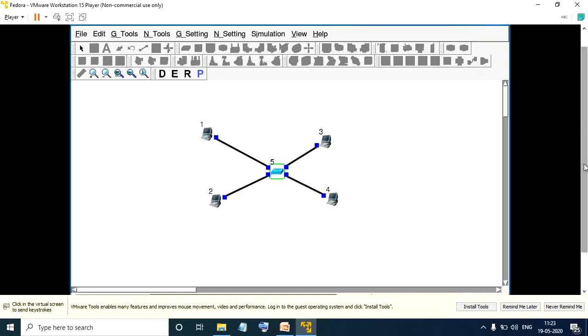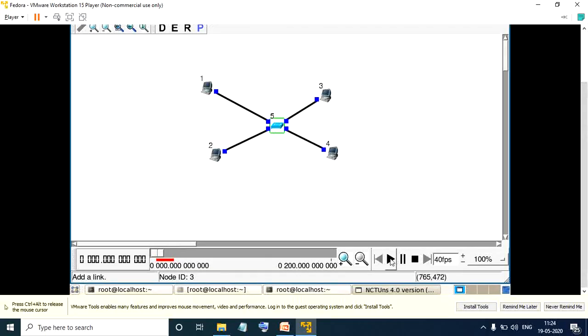The next very important thing we have is your playback. It has already selected playback. If I want to see the output, I'll press this play button. You can see here the output is being shown in the form of various lines. These various lines are denoting your data, that is data 1, data 2, data 3, data 4 and so on. The blue line denotes the data which is getting passed from the sender to the receiver. Our sender is system 1 and our receiver is system 4. So friends, this is all about playback.